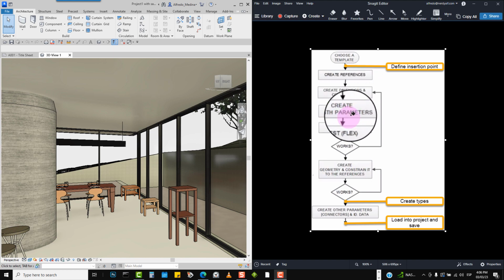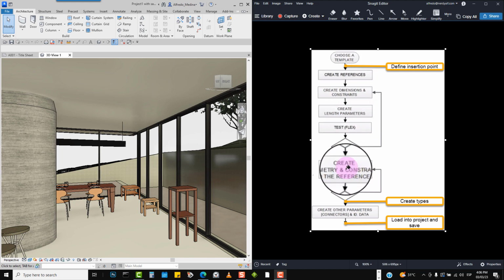Some of them were converted into length parameters. Then we tested that the frame of references was responding to changes in the length parameters. After testing, we created the geometry and constrained the solids to the frame of references.